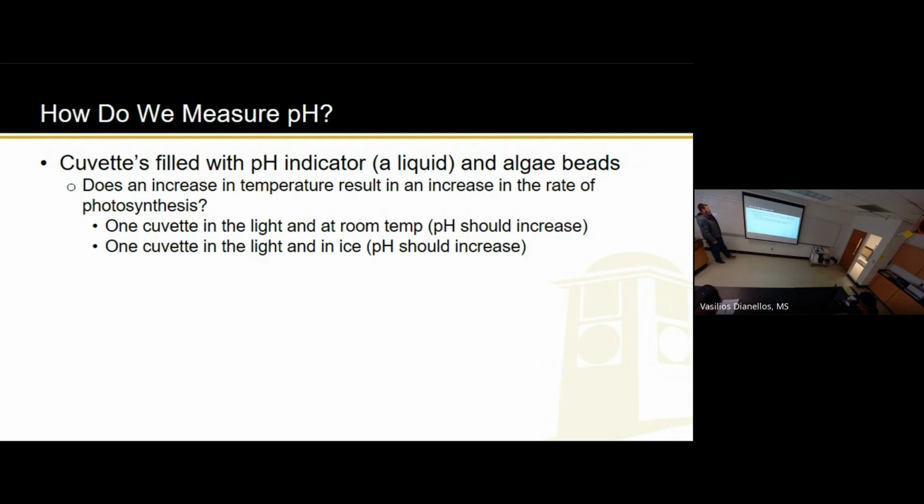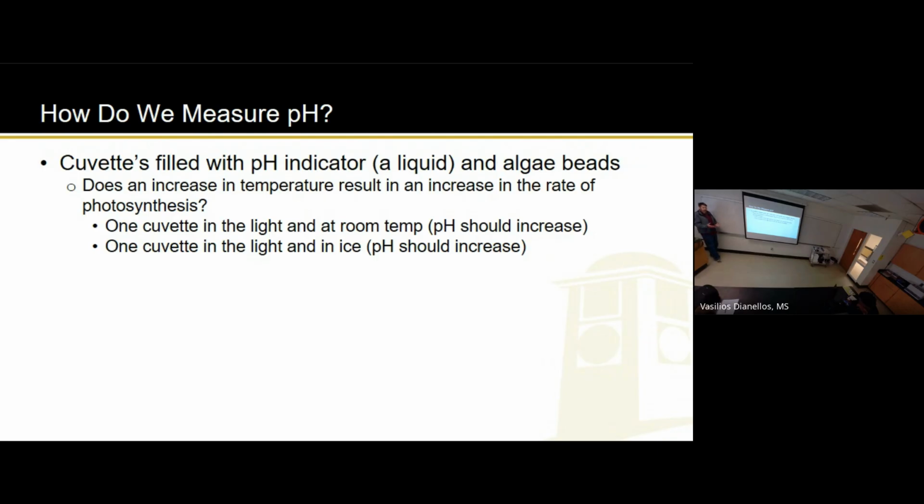All right, the next question we're going to ask is, does an increase in temperature result in an increase in the rate of photosynthesis? In other words, how does temperature affect photosynthesis? Some things you've already learned should help you formulate this hypothesis. For example, you learned from enzymes that generally speaking, the warmer things get, the faster chemical reactions happen, right? So by that logic, the warmer things are, the more photosynthesis you should expect to happen. But there are some things to consider. For example, if it gets too warm, remember you learned that enzymes can be denatured because they are very sensitive to their environment.